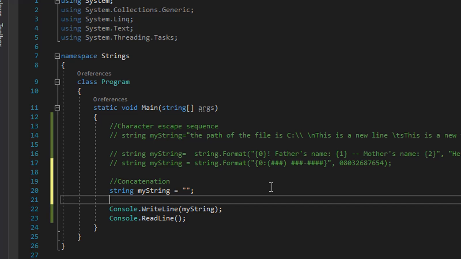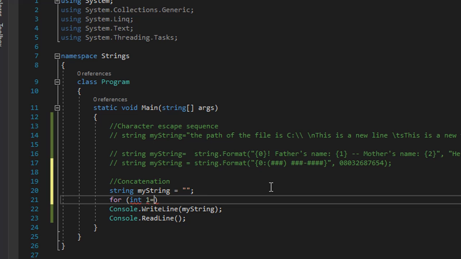Maybe my first name is Jones, my last name is Akanji, right? So when I concatenate, I want to join Jones and Akanji together to become Jones Akanji. Concatenation simply means joining strings together. So let's just quickly go through what you call an iteration, right? Let's just go to this for